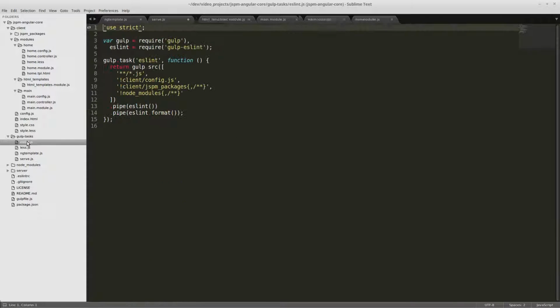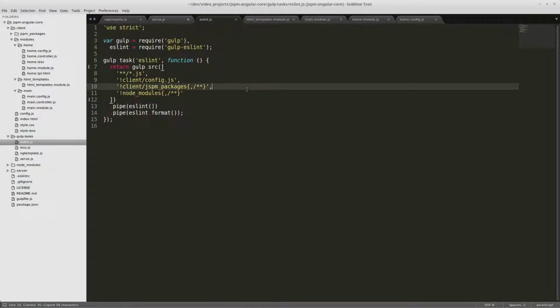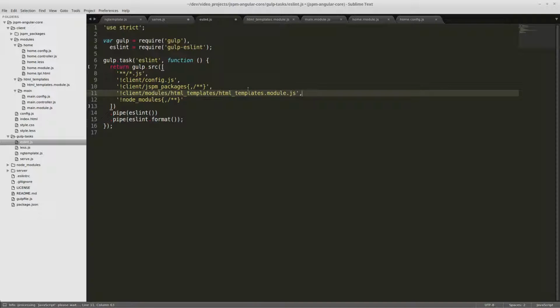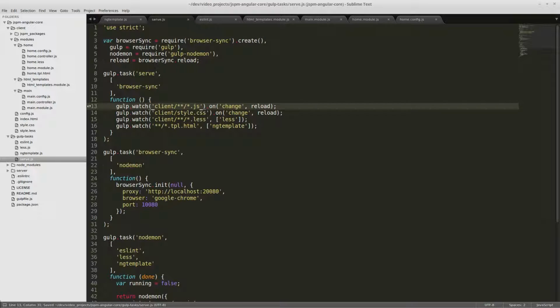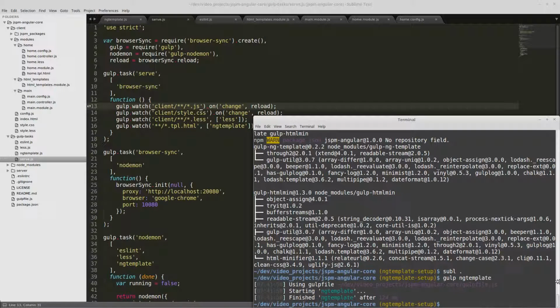And finally, we want to go to ESLint, and we want to make sure that we ignore our HTML templates module.js because that's generated code. It's not code that we've written, and any changes we make to it are going to be overwritten, so there's no point in linting it. Even if we find errors, they're just going to be there. So we want to just ignore that. That should do it. Now if we run Gulp,